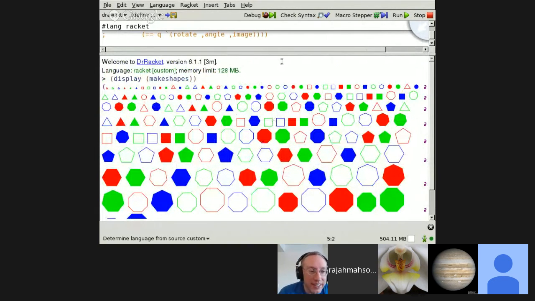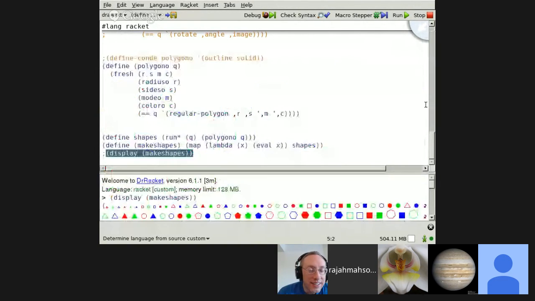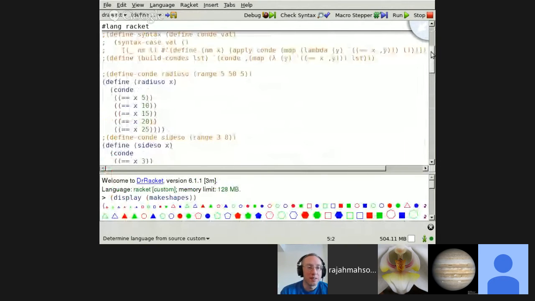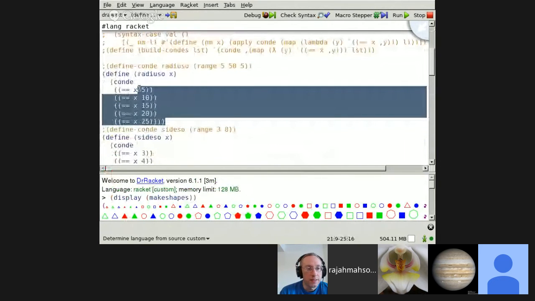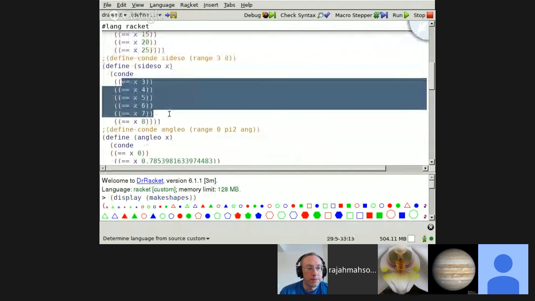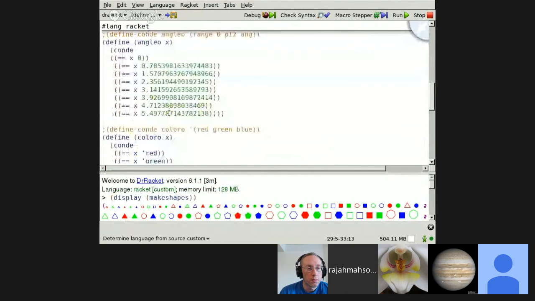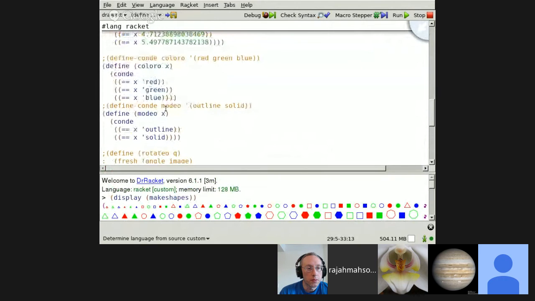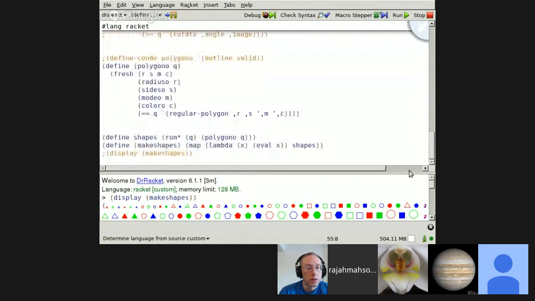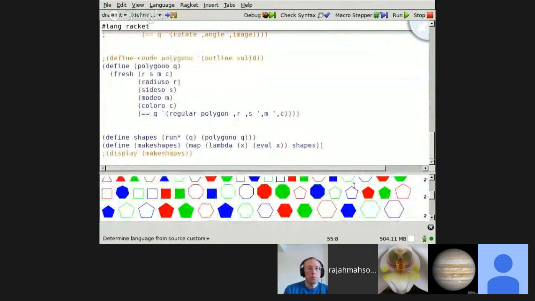That looks really nice. So anyways, it just starts off with radius 0, which means it's going to be either 5, 10, 15, 20. It's going to be 3, 5, 6, 7, 8 sides, and then actually I'm not using this. And it's going to be green, so I could add stuff to this. But the cool thing is that you can start putting a lot of different transformations. I was trying to see if I could put all of the operations from the drawing program into it, and then make like a random miniKanren that just randomly creates